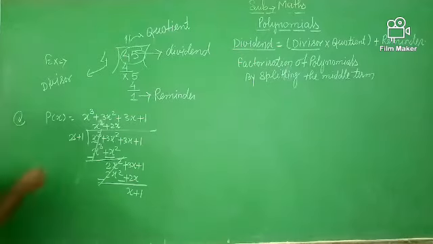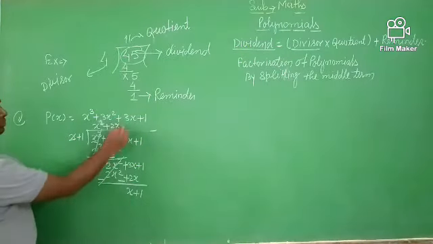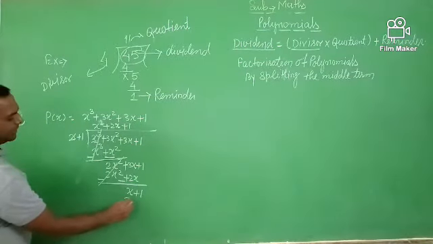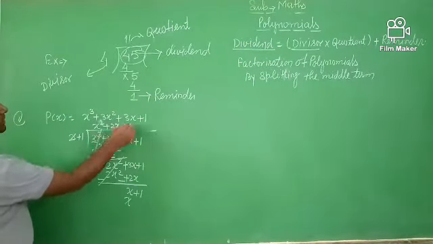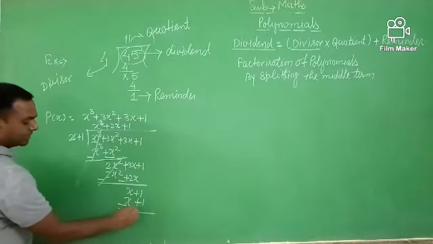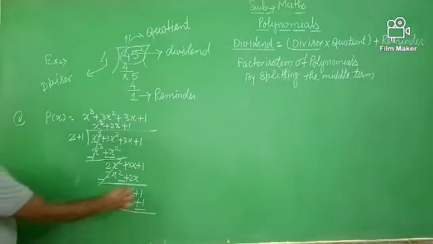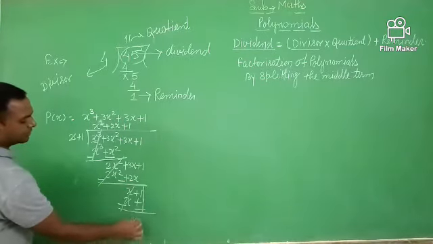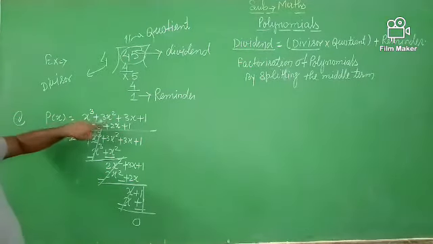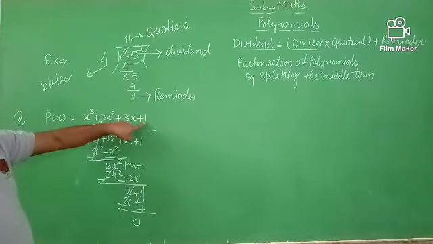After that here x and there is also x, so you multiply by 1, x multiply by 1 is x, 1 multiply 1 is also 1, the sign will be changed, minus and minus, so it cancels and here is 0. So according to the dividend remainder theorem, p(x) is the dividend, given as x cube plus 3x square plus 3x plus 1.